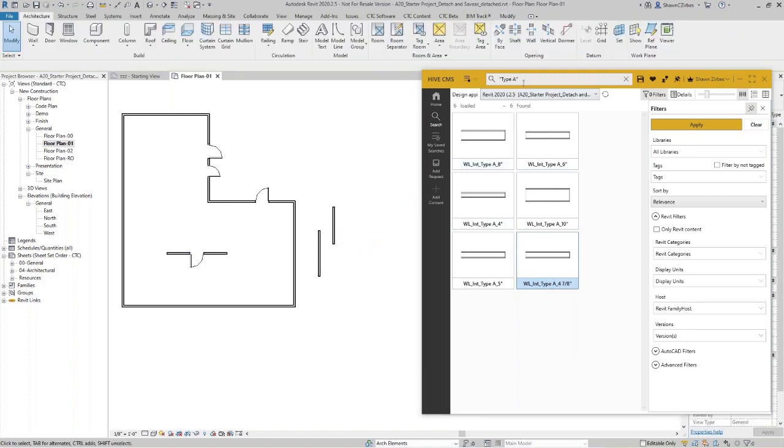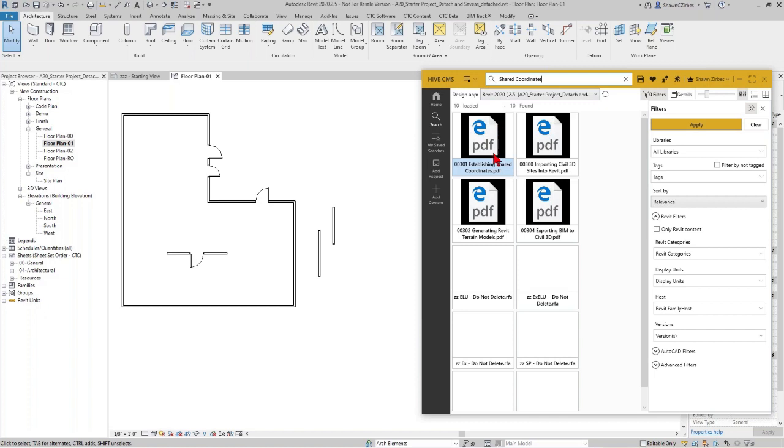Now, what does that mean if we were to search something like a document, shared coordinates? See what shows up for this. Yeah, establishing shared coordinates, right? What are the right-click options here? Open, load, reload. So you still get the same options. But really, when I double-click on this, it's not going to load it at all because it's not Revit content. So this option doesn't